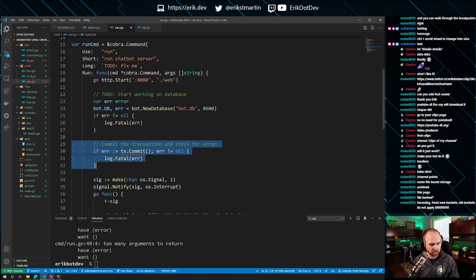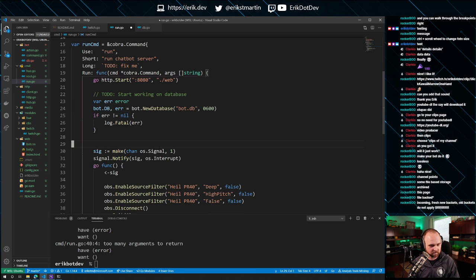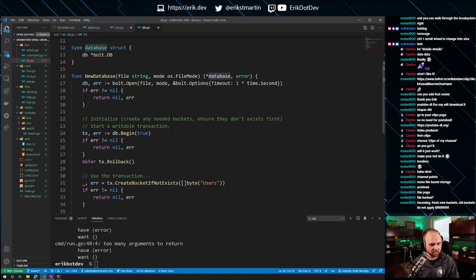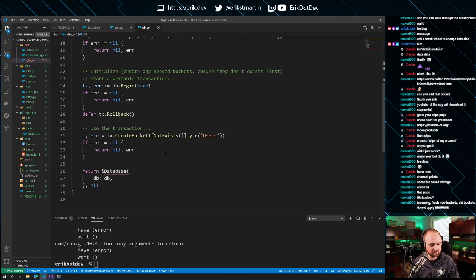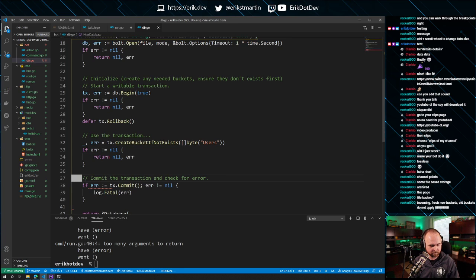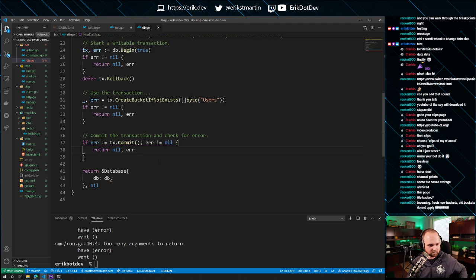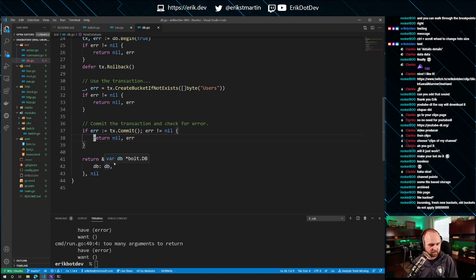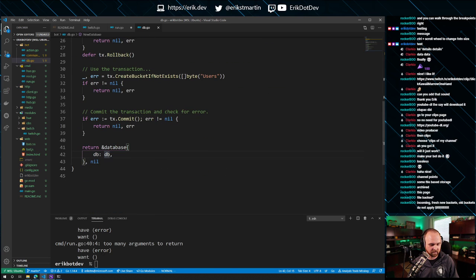What we don't need. Oh, we forgot all of that logic. So inside of this, we never commit the transaction. Okay. Now we commit that. We return this back. Oh, this is of type database. We might abstract all of this out to its own package later, just to clean things up a little bit, but